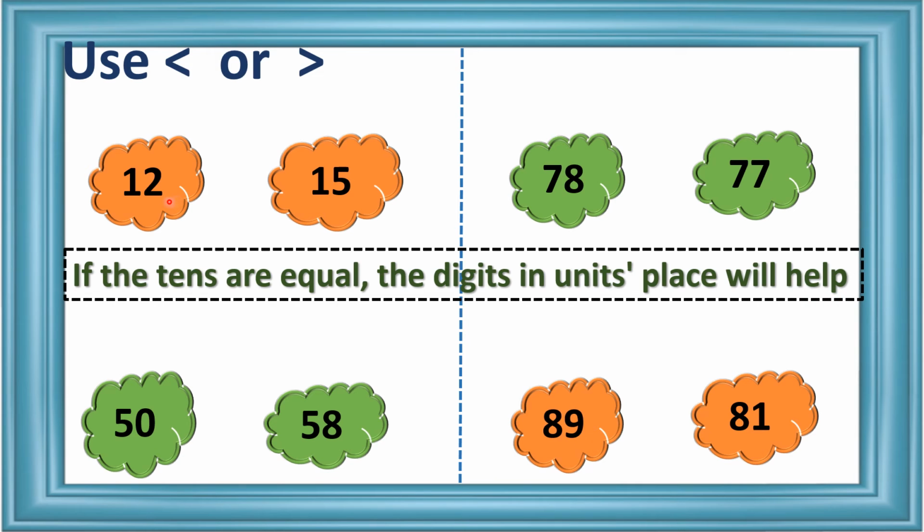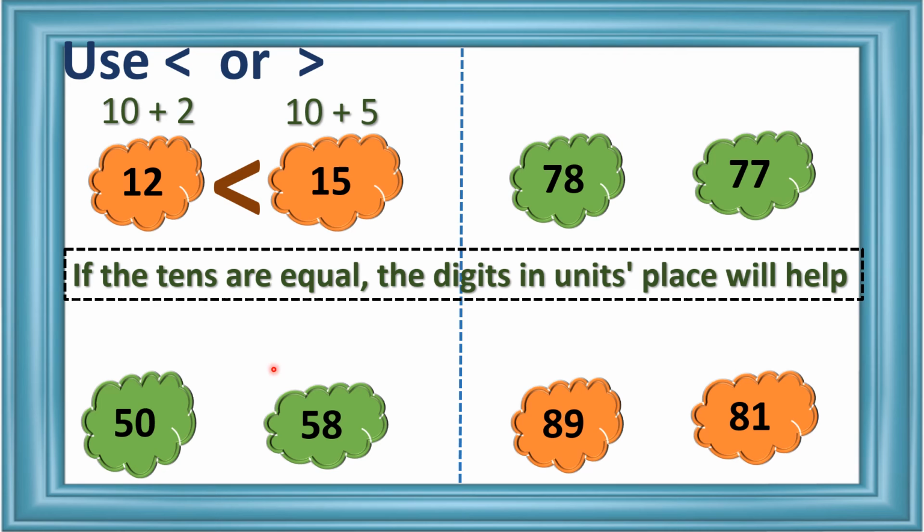See here in the unit place, here again we will try to bifurcate. This is 10 plus 2, this is 10 plus 5. Neglect this 10, 10. Okay, only give importance to 2 and 5. They are in unit places, right? Yeah, you are right. Here 2, here 5. 12 is smaller than 15.